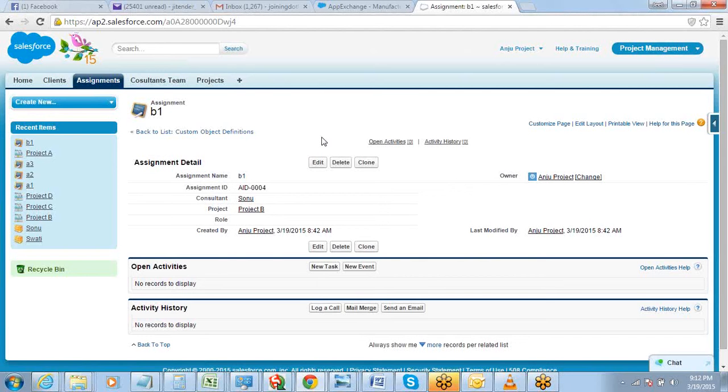For example, let's take another example. Let's say you are a staffing company, a recruiting company. You have a table where all the jobs are listed. You have another table where all the candidates or applicants are listed, right? Now one applicant can apply for multiple jobs and one job can be applied by multiple applicants.